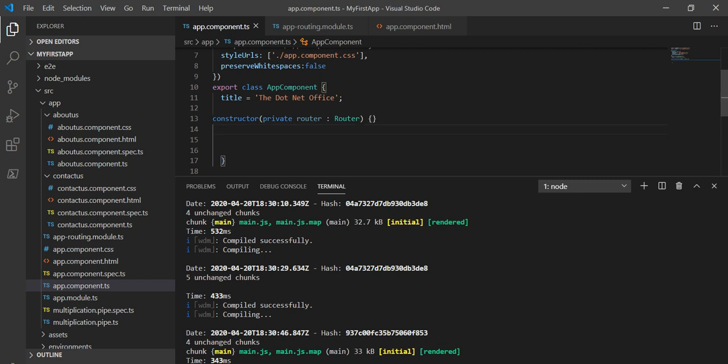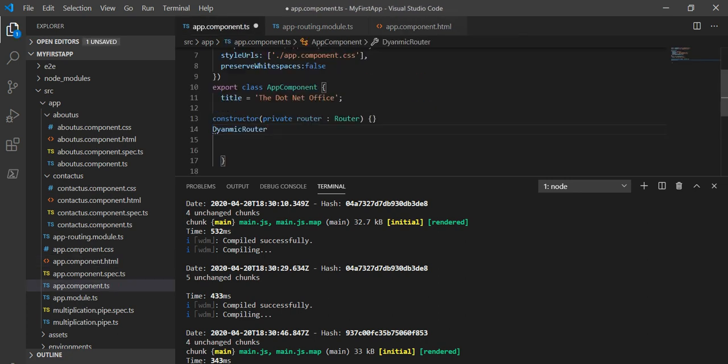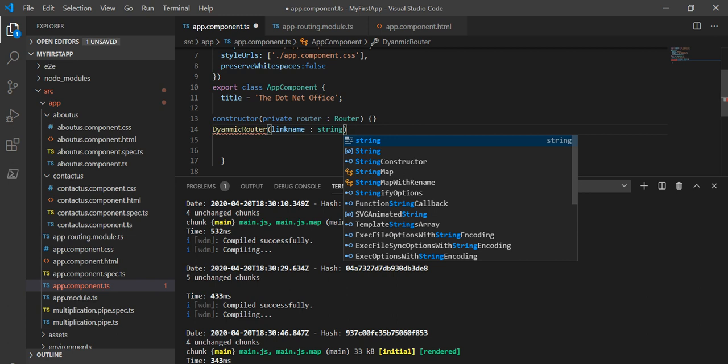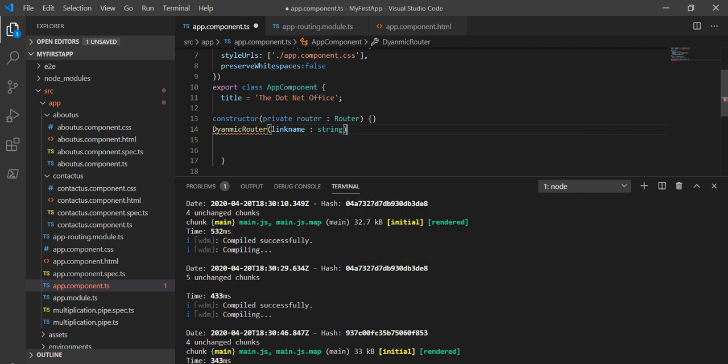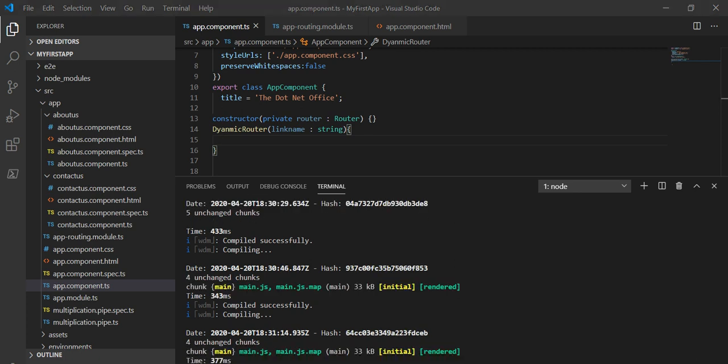Now I will create that function. Let's copy it, and here I will take one parameter called link name, and this will be a string. I will pass the string and give the definition of that function.